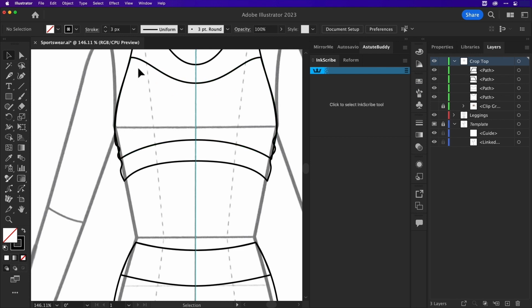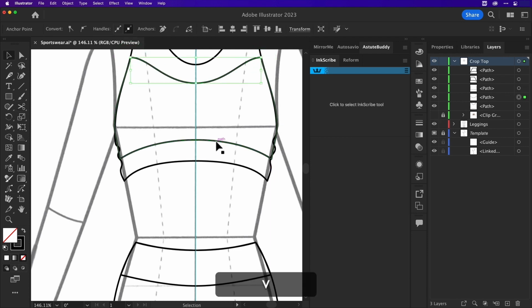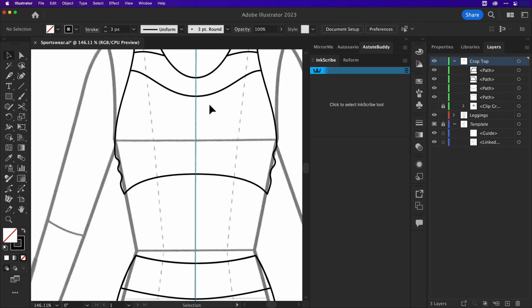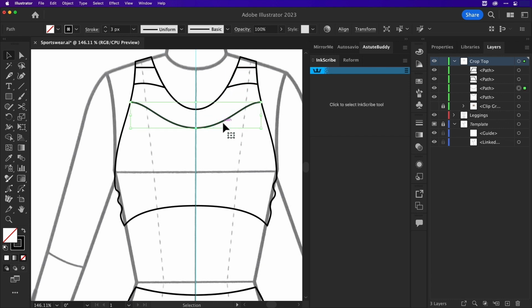The path that I quickly hid before doesn't match the creases we've just added, but I really want to keep this top arc segment across the chest. So I'm going to use the scissor tool to cut the path at each end and delete the rest. But I still want it to be a full path like these top pieces so I can add a fill colour later. So I'm going to copy the main body, Ctrl-C, and paste in front, Ctrl-F, so it's exactly on top of one another.